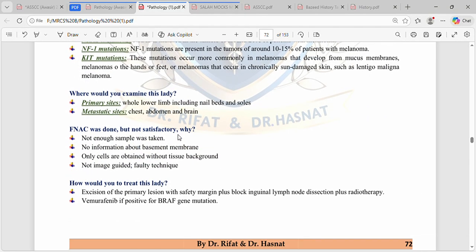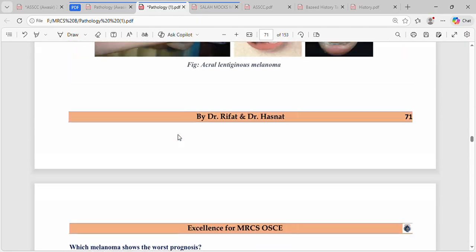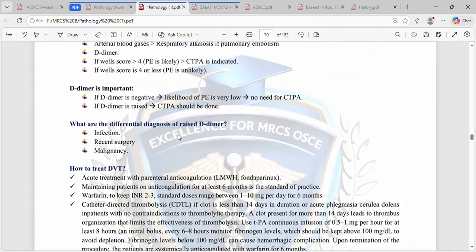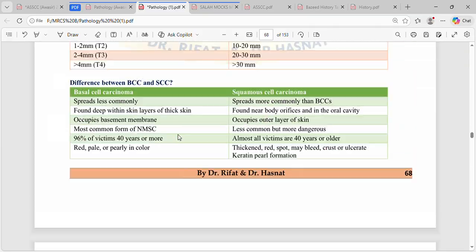Where would you examine this lady? So, primary site: whole lower limb, including nail beds and soles. Metastatic site: chest, abdomen, and brain. So if you look at the scenario, the scenario says that